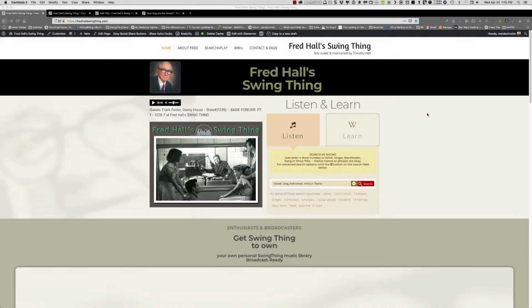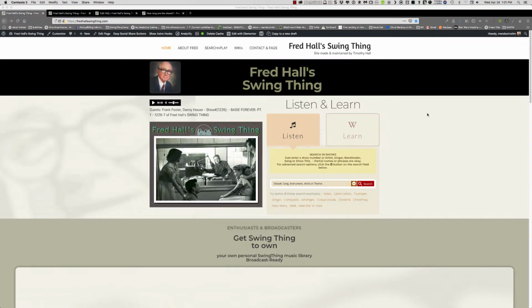Hey there. I added a new type of search capability to the website, which is eventually going to completely replace the Search and Play application. The reason for that, as you may have already discovered, is that Apple, in its foolish wisdom, decided to eliminate the ability for FileMaker runtime files, which is the way the Search and Play app is packaged. Those no longer work in the newest versions of the Mac OS,